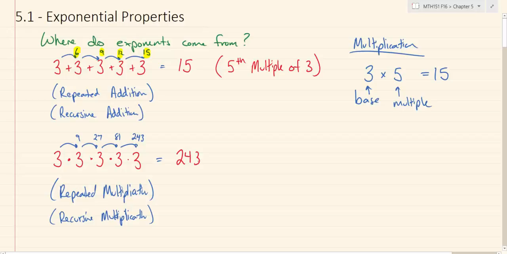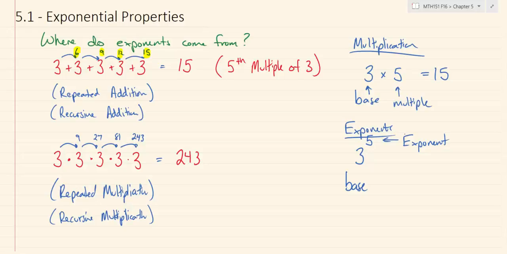And so a new notation was formed. Again, you have a base. You're saying, well, we're going to start with 3. And we already have this notation where it's like 3 times 5, so we can't use that. So how about we take that 5 and we superscript it? And we're going to call this an exponent. So exponents were born by taking a base, a number, and instead of adding it to itself, you multiply it